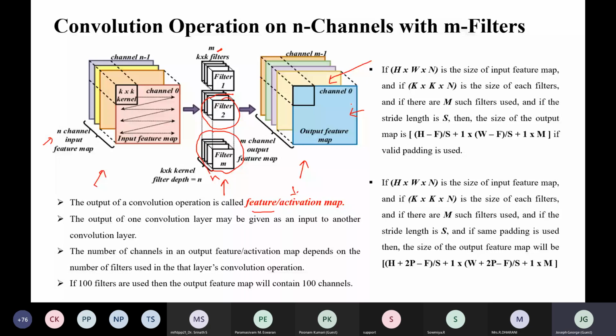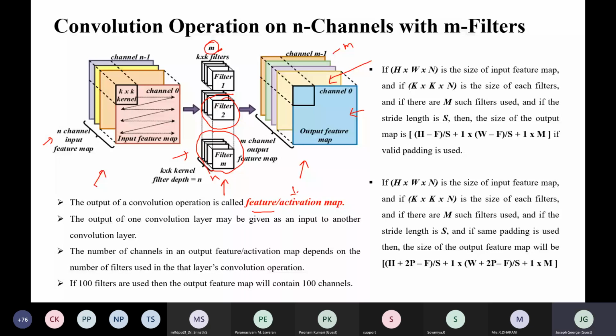So if you are using m filters, then you will have m channels in the output feature map. But the important thing to consider is, if the input has n channels, then the filter will also have n channels.